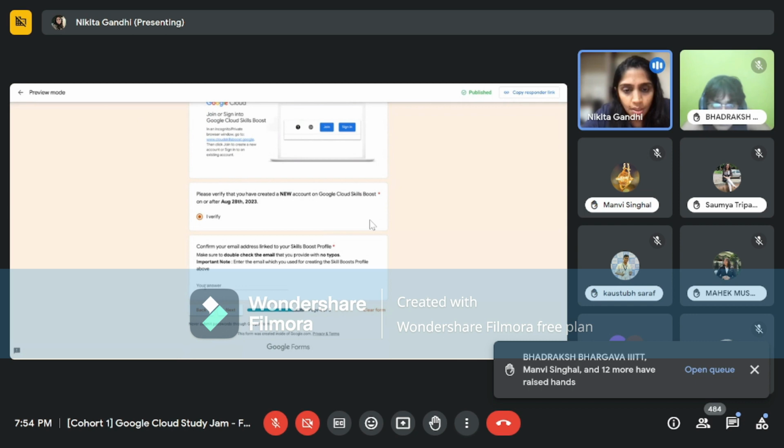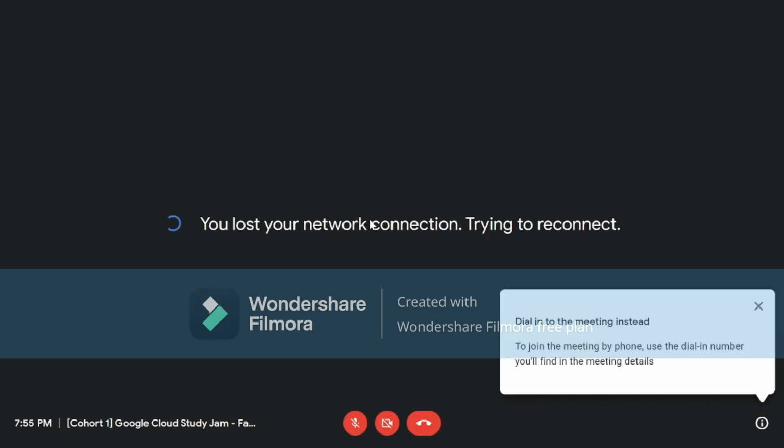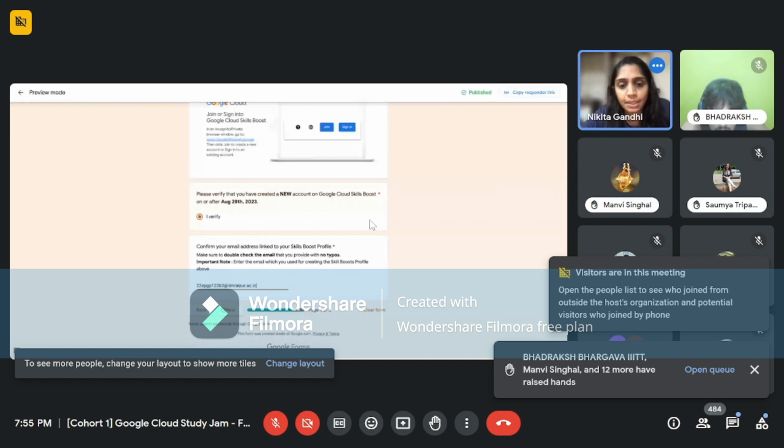Verify, confirm your email address, password, copy paste it so there are no errors in typing.